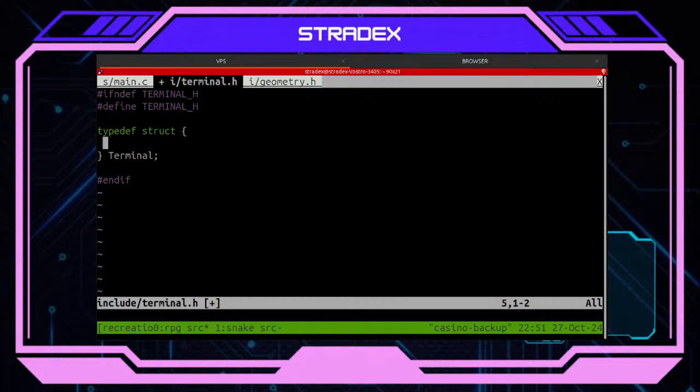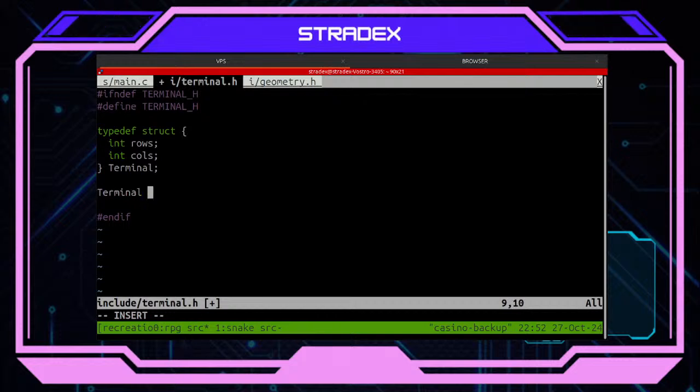No. Because terminal is above rows and columns. And that's about it, I guess. And I probably want a method called something like get terminal. Yes, this should be good enough.